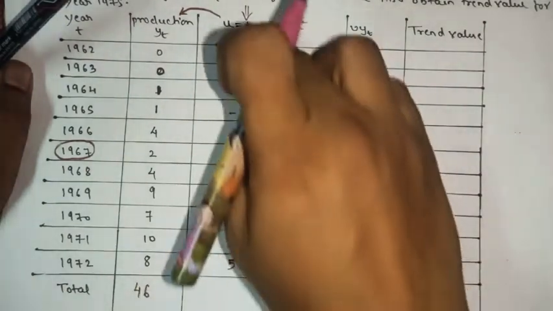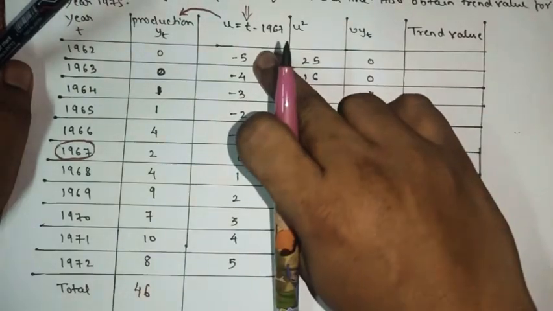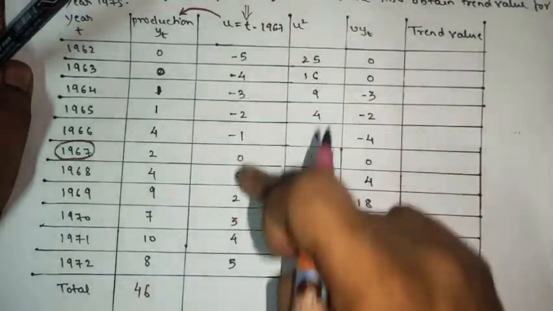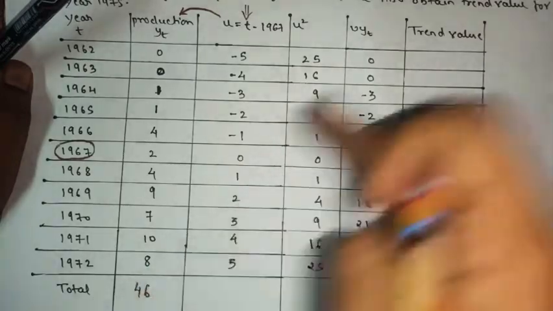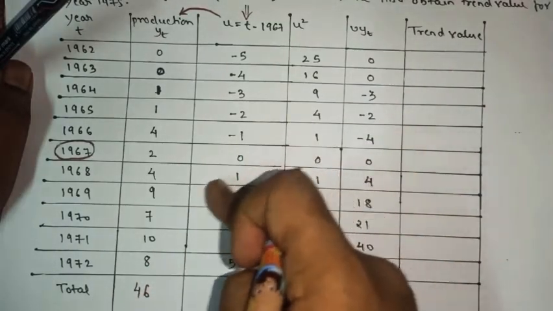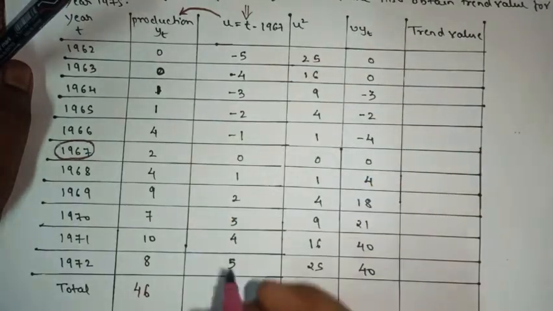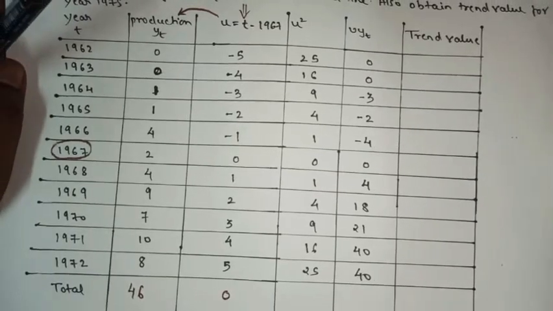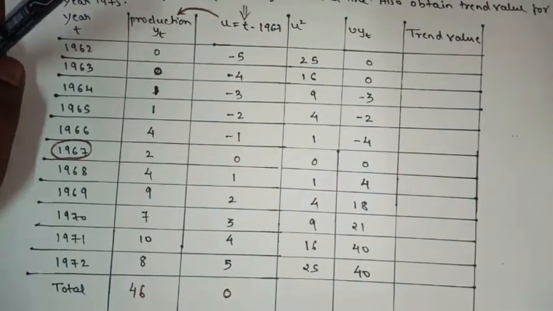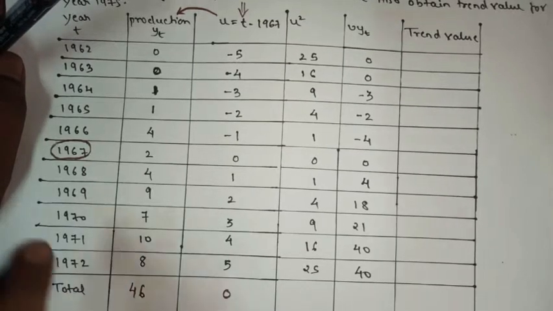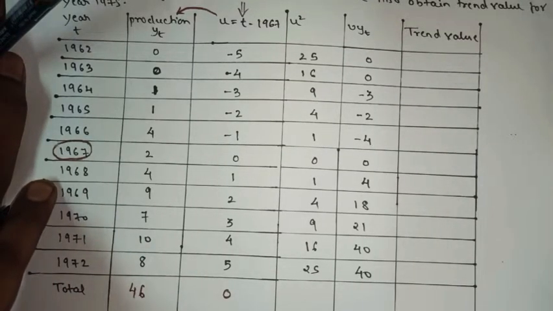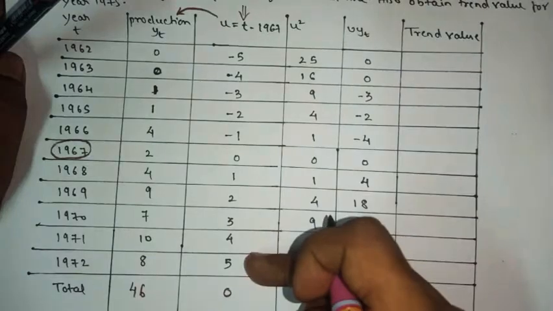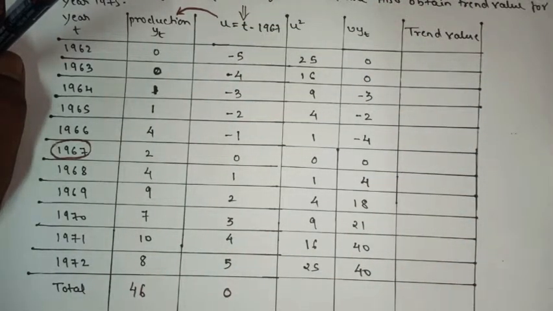Okay, now here clearly we can see that we have opposite numbers. Minus 5 5, minus 4 4, minus 3 3, minus 2 2, minus 1 1. So you can say opposite numbers will get cancelled. Minus 1 1, minus 2 2. So here the value of total u will be what? 0. So remember, for odd the value of u here is 0. And whenever the value of h is 1, always the value of u will be like this only. Middle number will be 0, above negative, below positive, and the total will always be 0 only.